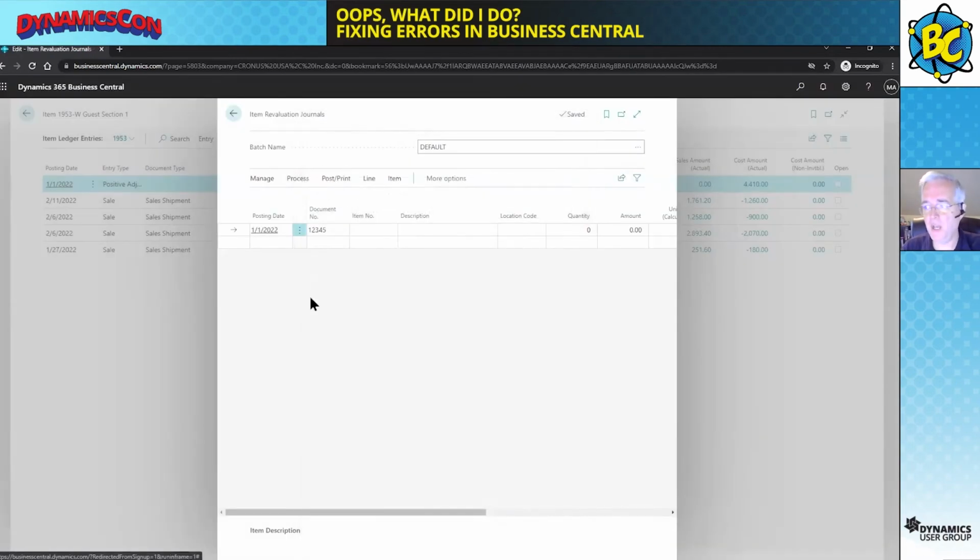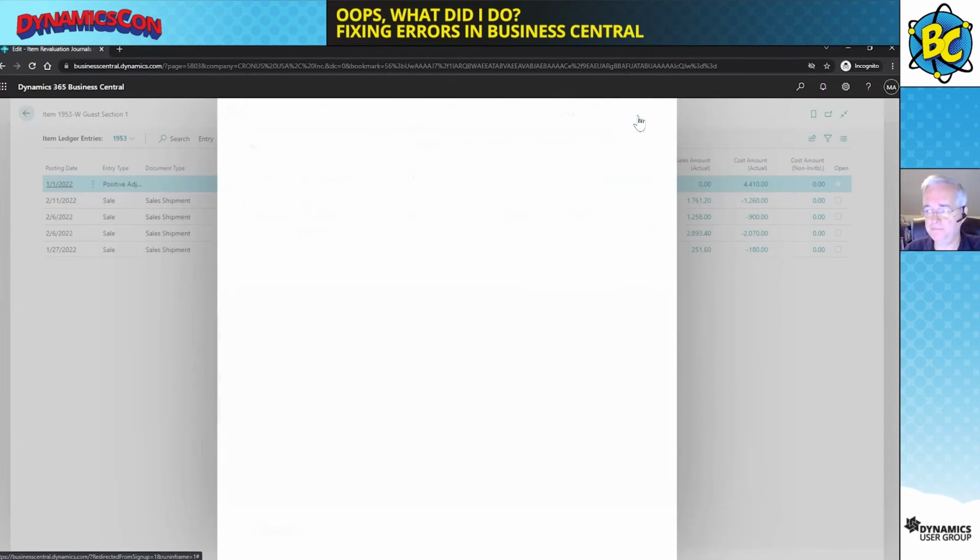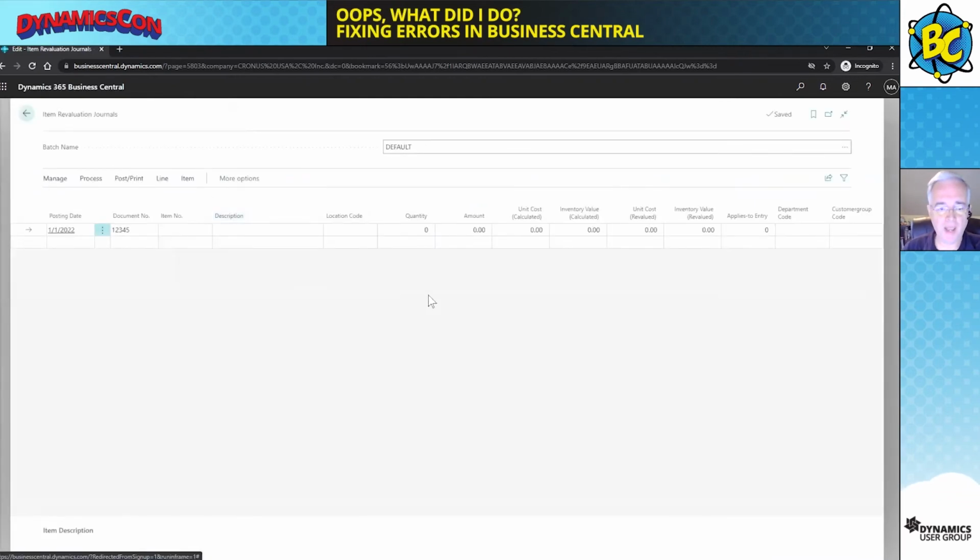Nothing comes up because the normal check inventory or calculate inventory is going to look at open inventory, because that's invariably what you want to revalue. I want to revalue the inventory that I have on hand. So it's going to calculate that open inventory at that particular time, present that to you so that you can revalue it. In this case, we don't have that. We can't revalue that open inventory. And in fact, what we want to do is go back to the original entry and revalue the original entry